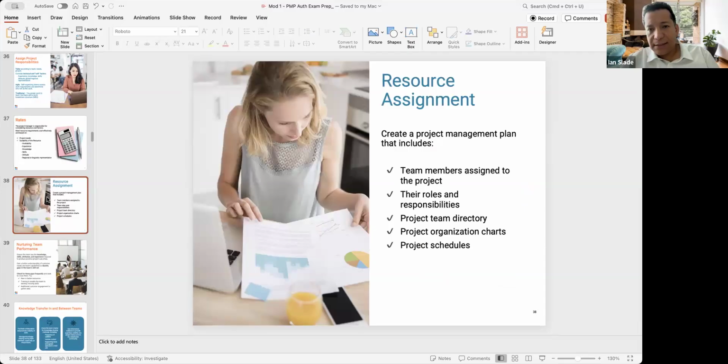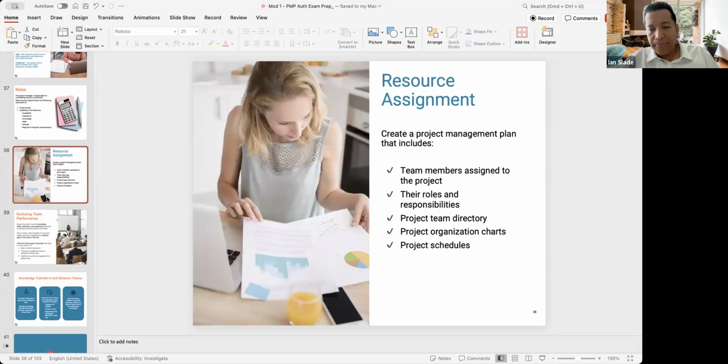All right, resource assignment. So you want to make sure that the project plan, right, has the right team members assigned to the project. And if you don't have the names, that's okay, as long as you have the roles, right? I am very focused on the roles and the responsibilities more than the names themselves, because